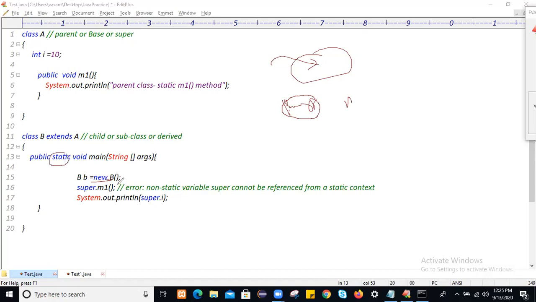Once you created a child class object you can use super, but using super inside the static area is not applicable in Java. Super can be used only within the instance area, not in the static area, like the this keyword. That is why we are getting the compilation error here. We can't use super inside the static area.